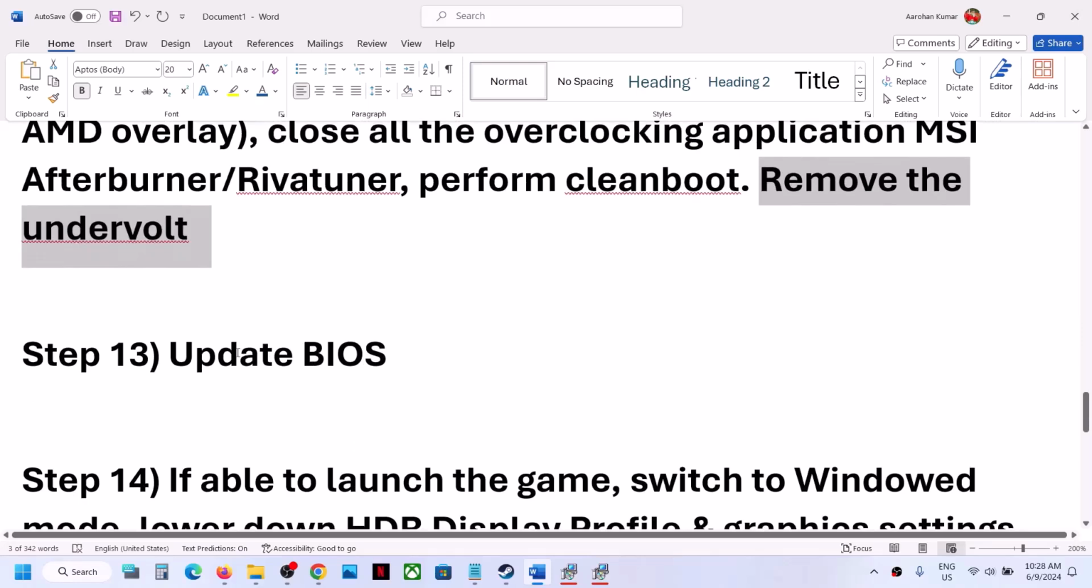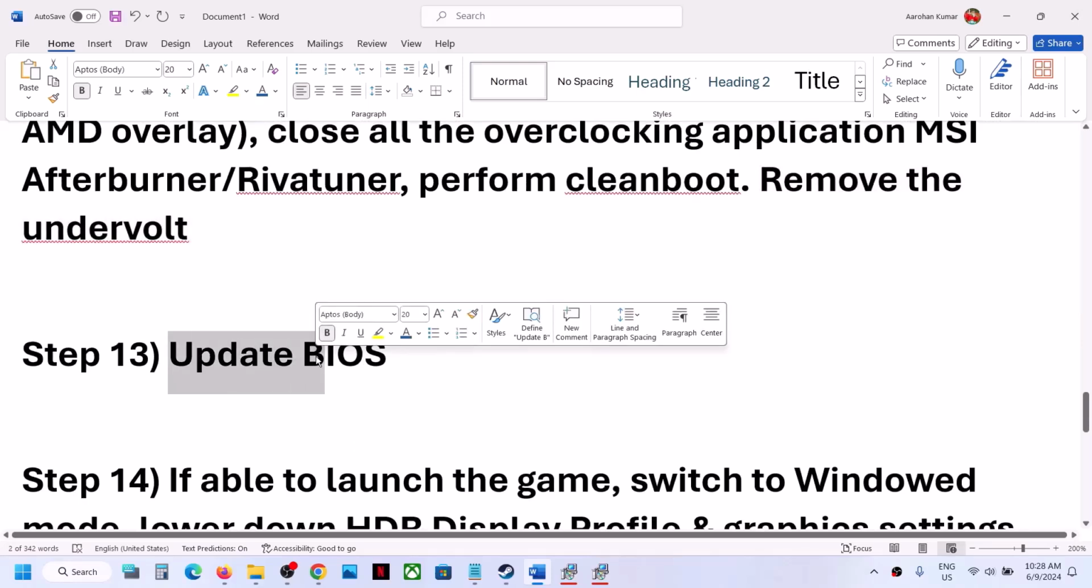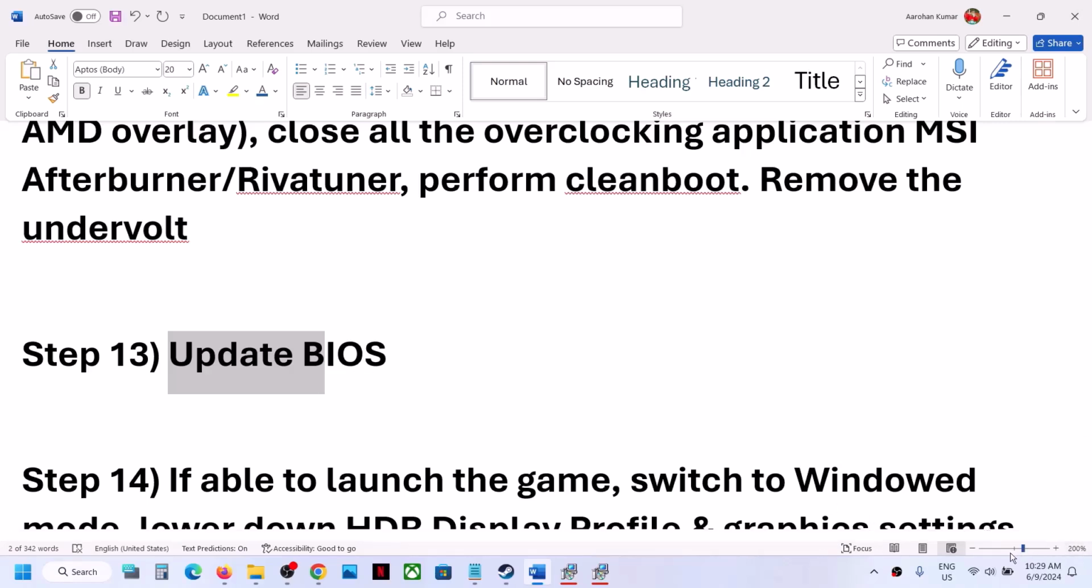Next step is to update your system BIOS. So you can go to your system manufacturer website. So if you have a Dell computer, go to Dell. If you have Lenovo, go to Lenovo. So whichever brand you have, go to your system manufacturer website and select your model number. Make sure that you select your computer and then find the latest BIOS update available and then update your system